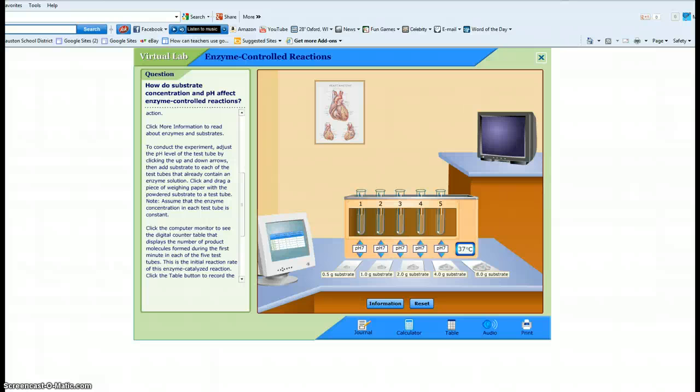If you go to your textbook companion site and click on virtual labs, you can find this lab. And what happens is you can hold, for example, in this lab, 37 degrees centigrade, your approximate body temperature, constant. And these different test tubes are going to have some fluid in them that is all the same, but you can vary the pH and you can vary the amount of substrate. So basically what's in these test tubes is a constant amount of enzyme. When you vary the amount of substrate by adding it to these tubes,